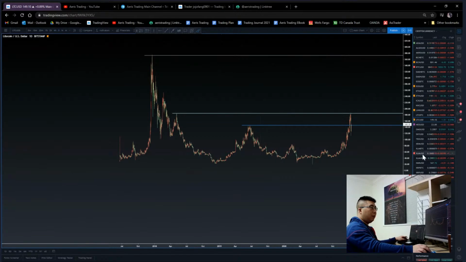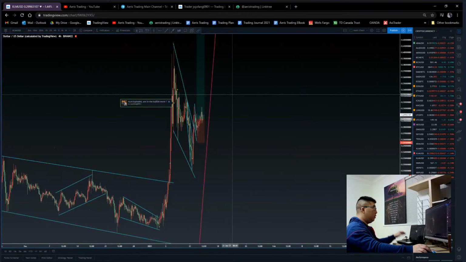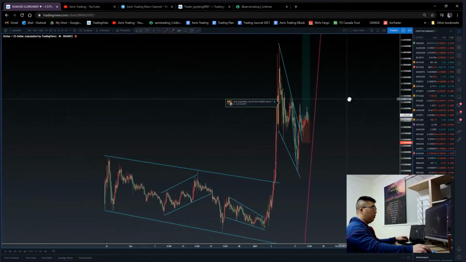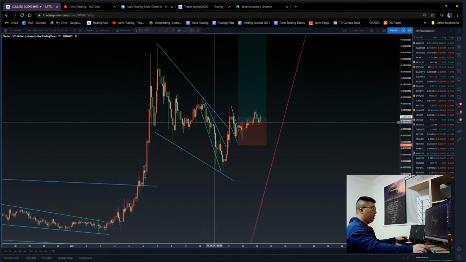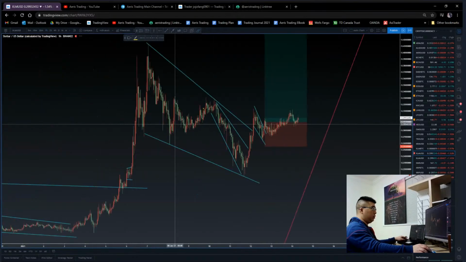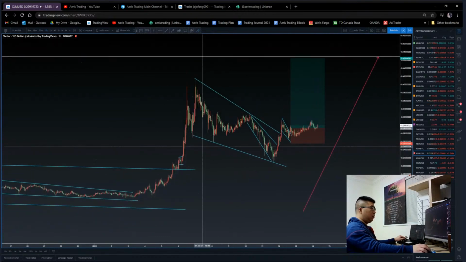So let's continue. That's Litecoin. The last one to go over is Stellar. I entered another Stellar position. If you recall, I was in one of the Stellar positions and got out for about 0.5% as price made this deeper pullback. Let me see if I can show you. This deeper pullback here took me out. Anyways, what I'm seeing now is a potential completion of